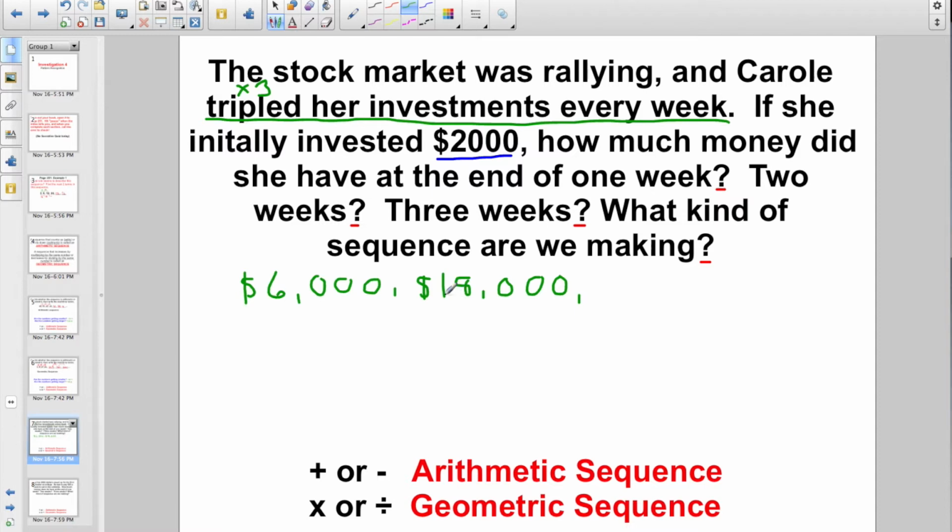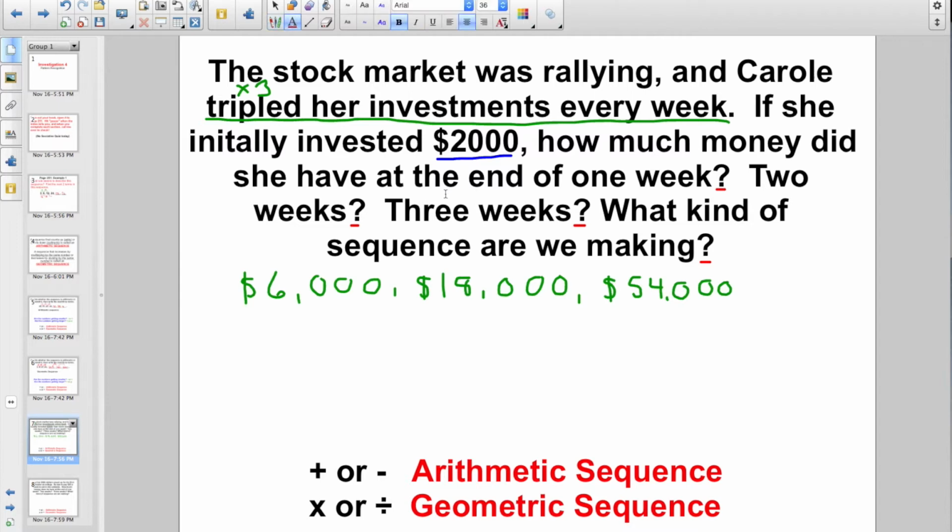What would be 10,000 times 3? That'd be 30,000. How about 8,000 times 3, that's 24,000. So 30,000 plus another 24,000, that could give us $54,000. Not a bad run on the stock market, right? Usually doesn't work out quite that way, but sometimes it does. Okay,